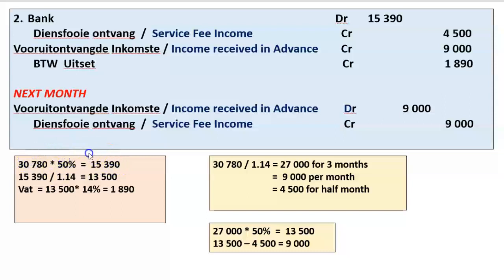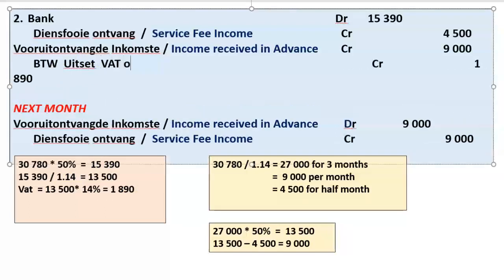30,780 times 50% equals 15,390, and that is the amount that we've received into the bank, statement of financial position. The VAT included in that amount equals 15,390 divided by 1.14, which gives me 13,500, and that times 14% is 1,890. So VAT output is here. Let's write it. VAT output